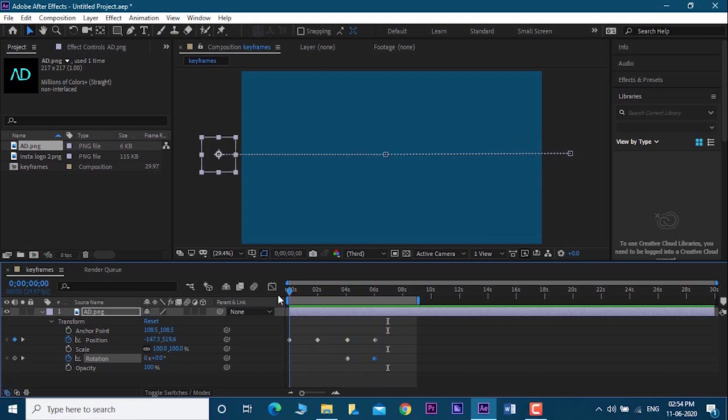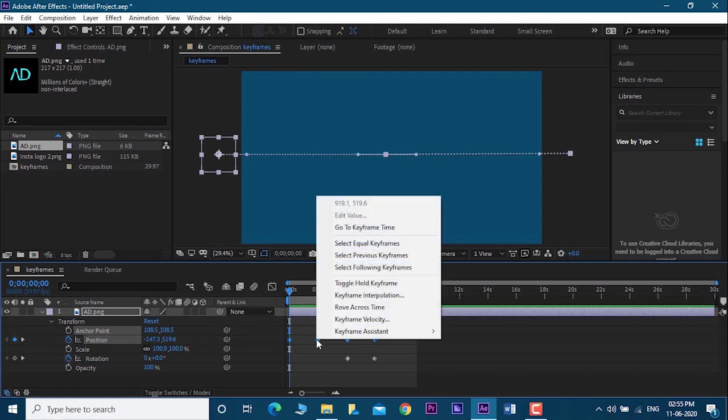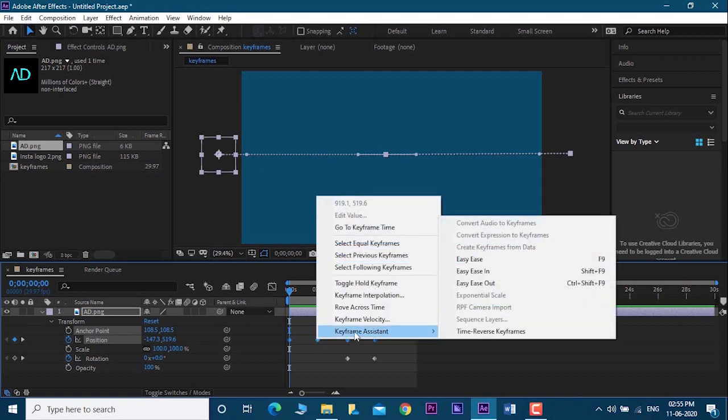Now you are seeing the animation is boring, a simple animation. To change the animation, or to make it creative, we will go to the start point, select these position keyframes, right click on them, go to Keyframe Assistant and choose Easy Ease.